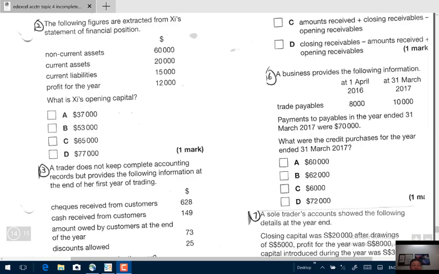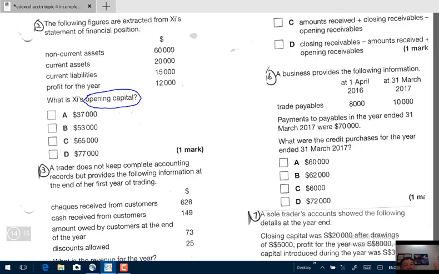The following figures are extracted from Z's statement of financial position. They've given you NCA, current assets, current liabilities, profit for the year. What is Z's opening capital? Calm down. Take a look at what they want. They want opening capital. When I first started earlier on in my videos, I told you that two equations you